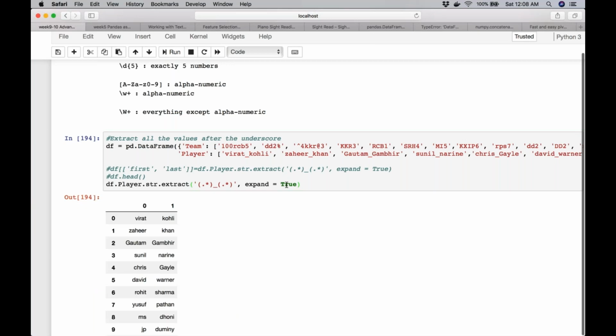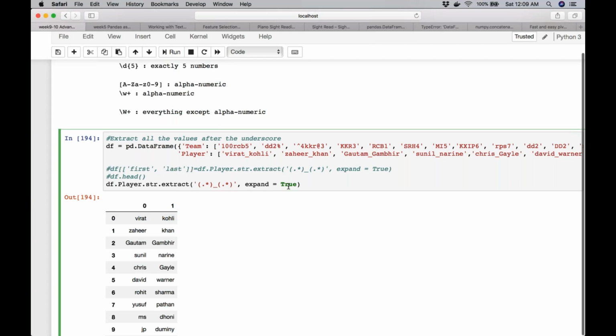So what is this returning? I'm capturing, there are two extract groups. So basically I'm getting two distinct values out of this data, right? Expand is equal to true is going to give me two distinct columns. You can see it created a column, and pandas by default is going to give the column names 0 and 1. So that's what it did. And then after that, all I did was save it to these names, first and last. So I assigned those two columns the new names, first and last.